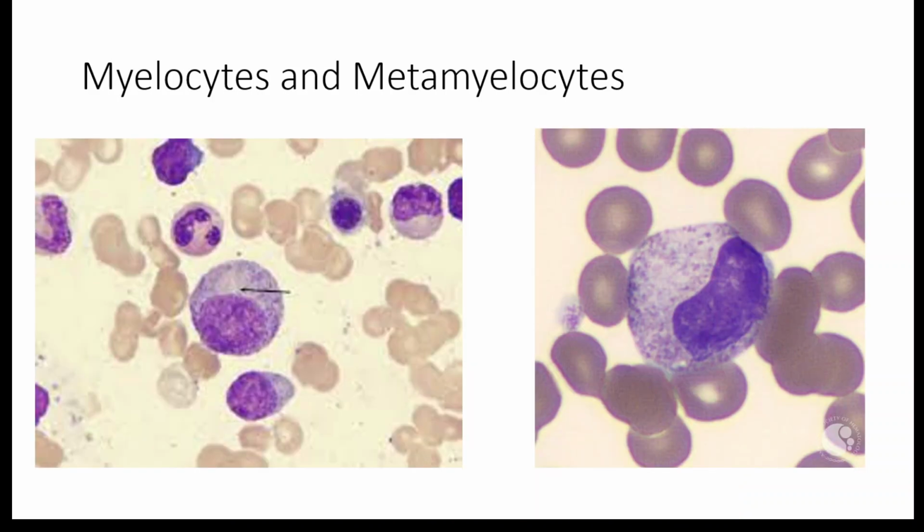The next is a more mature form of the promyelocyte, the myelocyte. Here the cell size tends to start shrinking. The nucleoli is lost, but the nucleus is still more than 50% of the NC ratio. The granules are present and secondary granules start to come here, and this is when the commitment to the lineage occurs. From the myelocyte to the metamyelocyte series, the cytoplasm increases and nuclear indentations start to occur. This is when the nucleus starts indenting inside. So if you were to differentiate between a myelocyte and a metamyelocyte, look for this nuclear indentation.